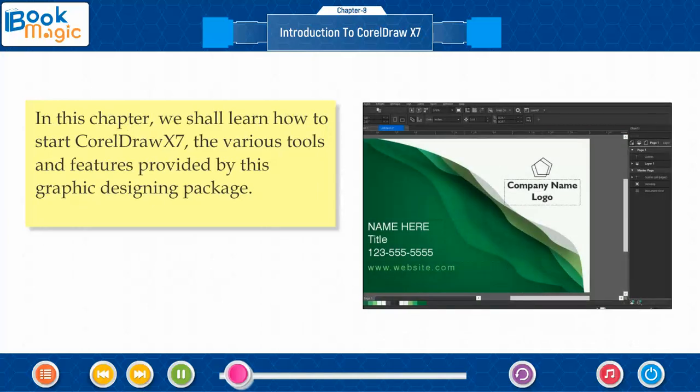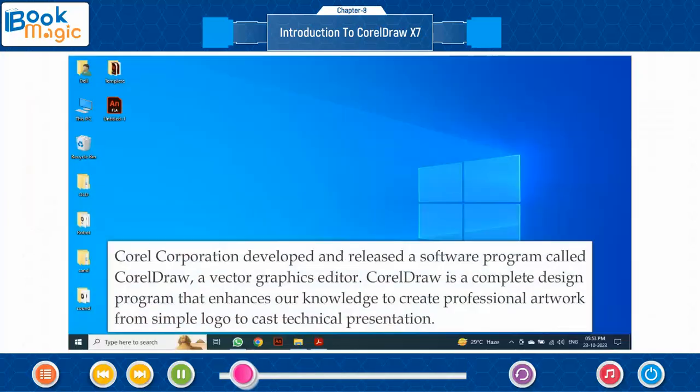In this chapter, we shall learn how to start CorelDRAW X7, the various tools and features provided by this graphic designing package. Corel Corporation developed and released a software program called CorelDRAW, a vector graphics editor. CorelDRAW is a complete design program that enhances our knowledge to create professional artwork from simple logo to vast technical presentation.